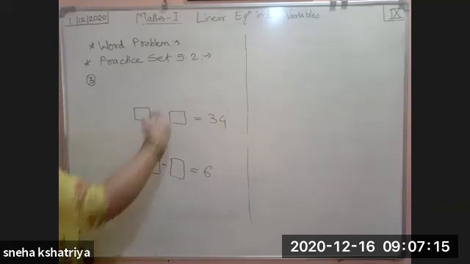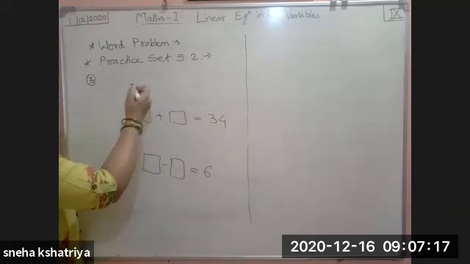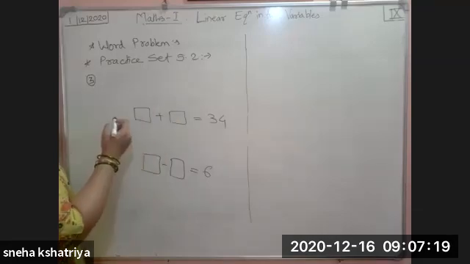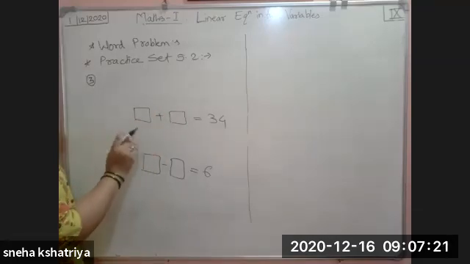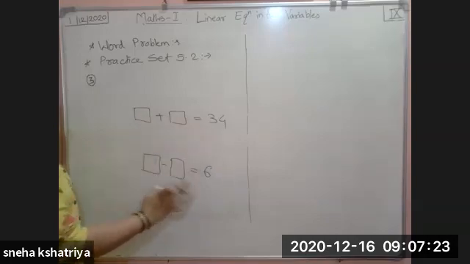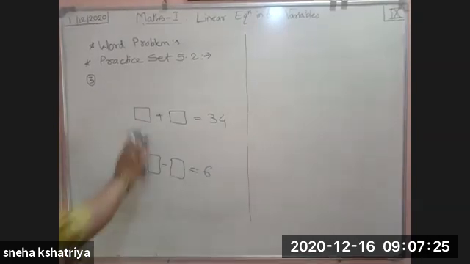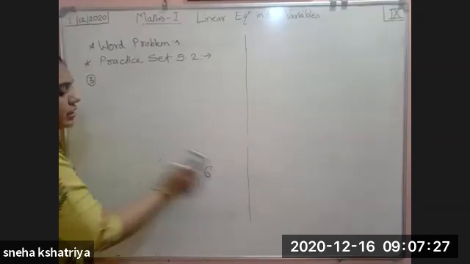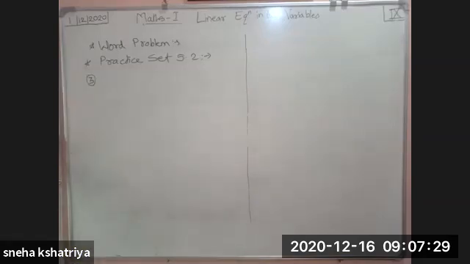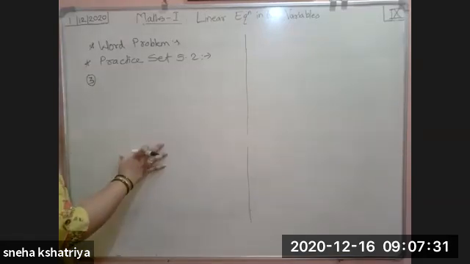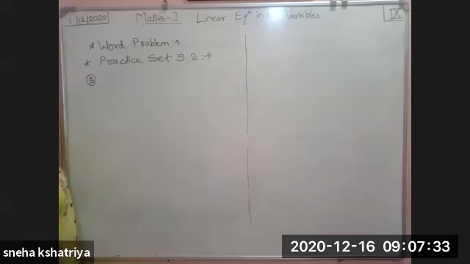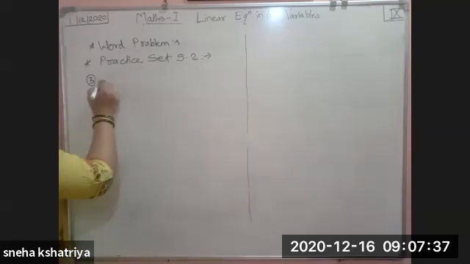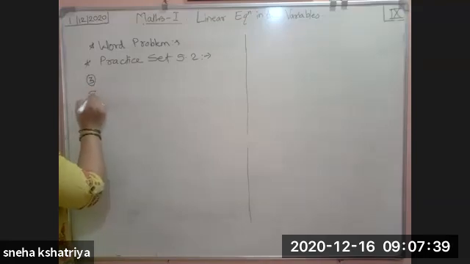So first, what we have to do? We have to suppose that Priyanka's age be X, Deepika's age be Y. Then we have to find the mathematical statement of their conditions, whatever the conditions are given to us. From that we are going to find out the mathematical statement, and after that we are going to solve by any one method which is given to us. So it is very easy. So let's see the solution.